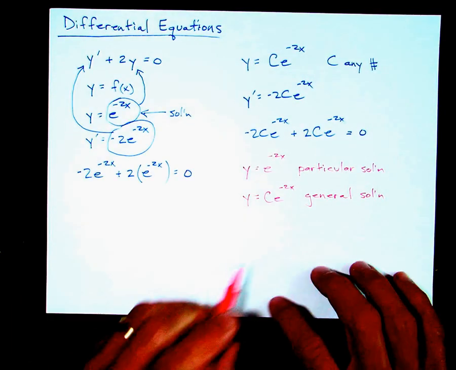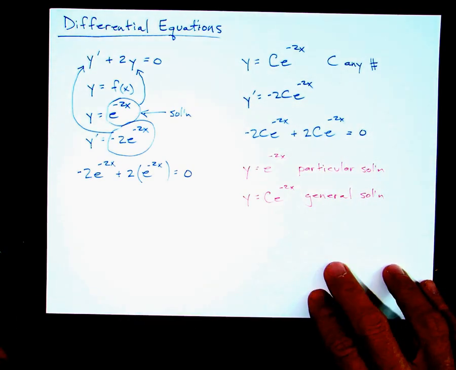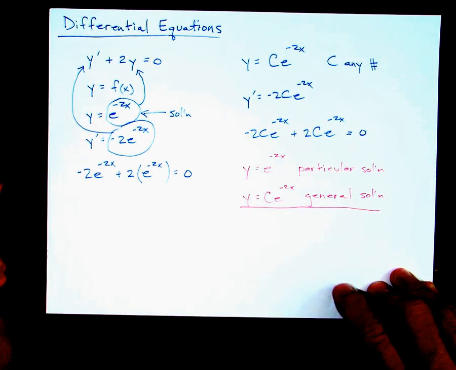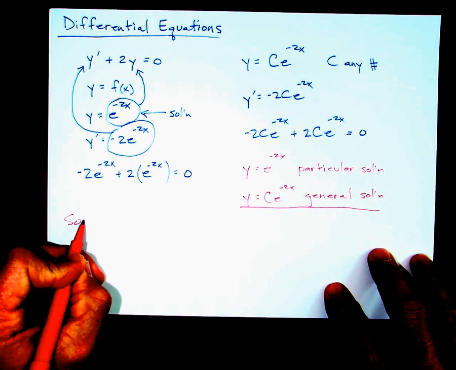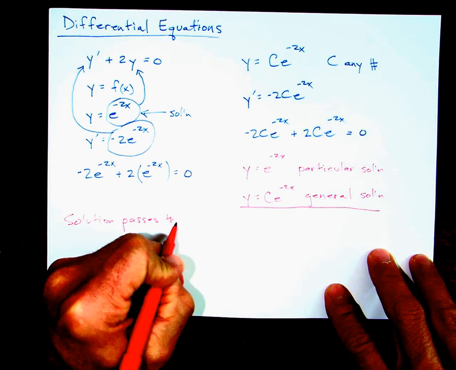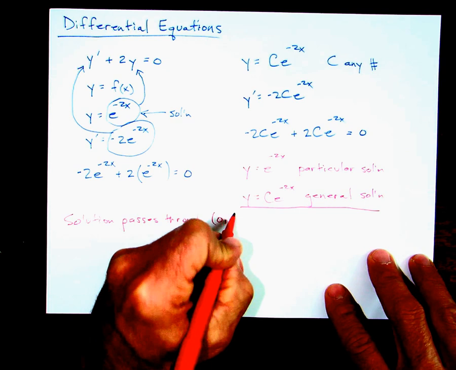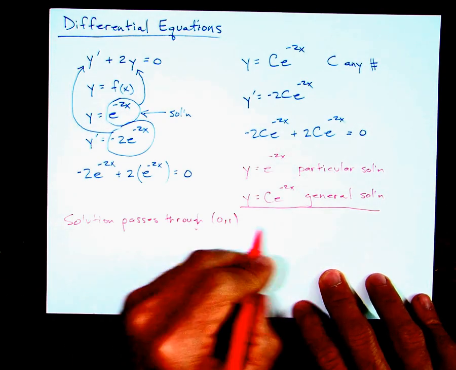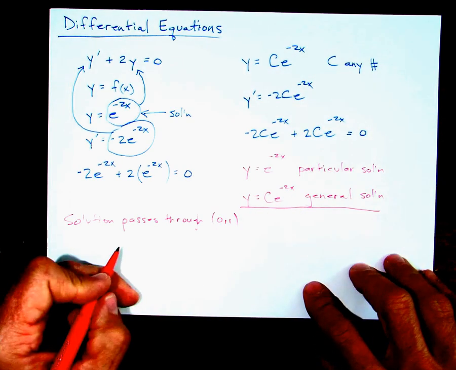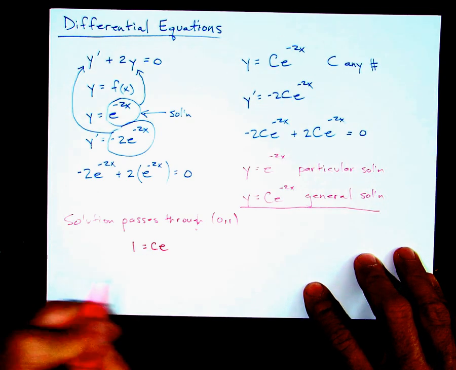So let's give another example of how I could find a different particular solution using this general solution. Suppose we know this general solution satisfies this differential equation, but we want to find the solution that passes through a particular point. Let's say through 0, 1. Let's find that particular solution. Again, I'm starting with y equals c e to the negative 2x, so I'm going to put in 0 for x, 1 for y. So I'm going to end up with 1 equals c e to the negative 2